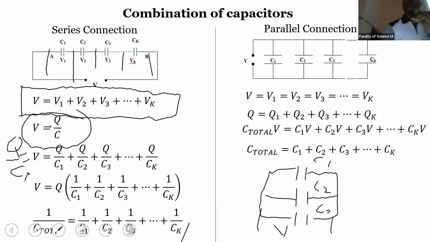So at the end of this expansion, we can divide all through with V. They will be left with C total equal to C1 plus C2 all to CK. So I think this is a convenient place to stop. So we should just put at the back of our minds that for a series connection, the potential difference across each of the capacitors add up to be the potential